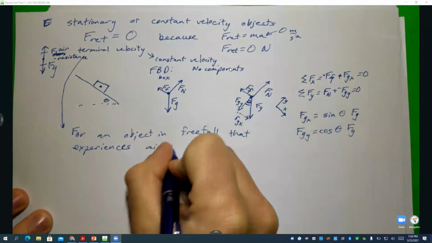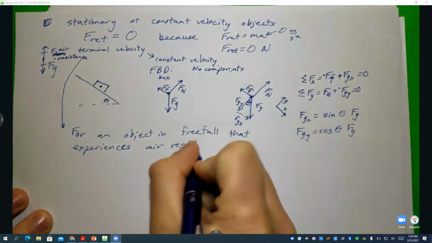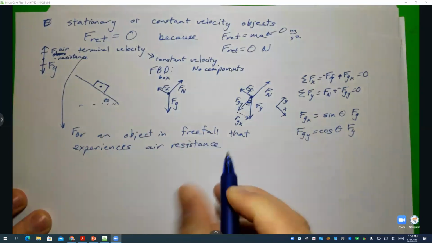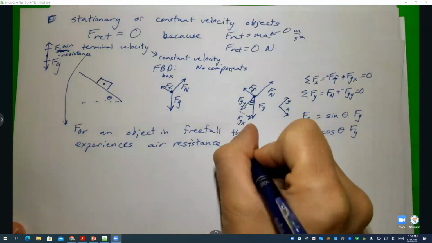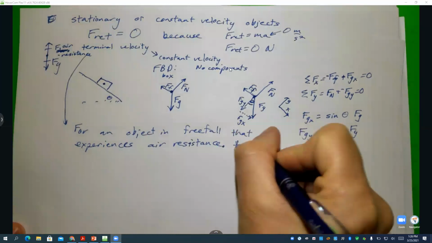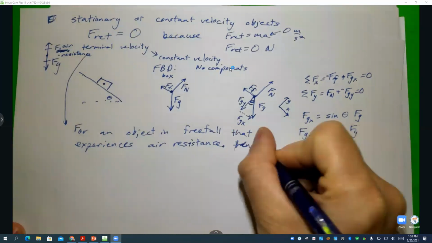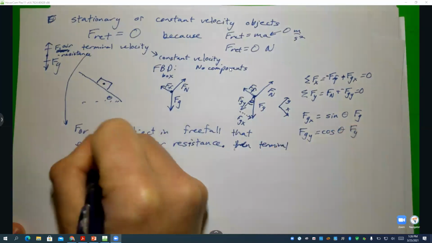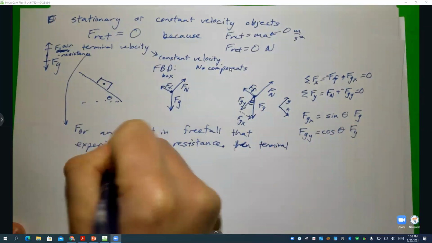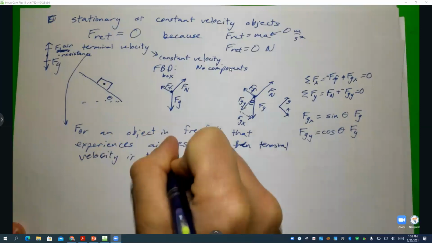So oftentimes we just say you can ignore air resistance, but if you can't ignore air resistance, then terminal velocity is the maximum